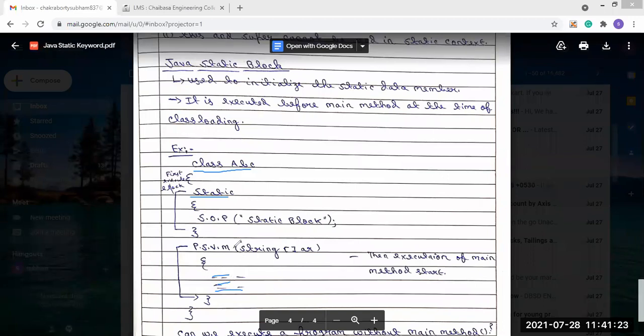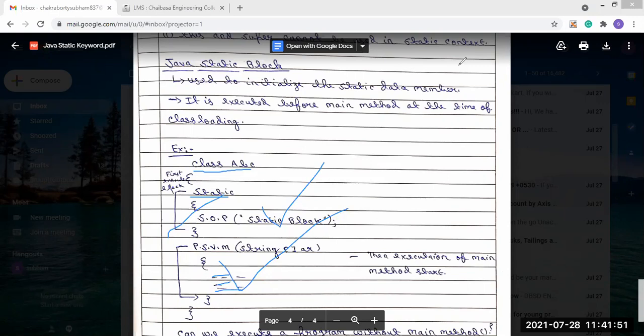Whenever the execution starts, first this static block will execute, and then the main method will be executed. This is what the Java static block is.